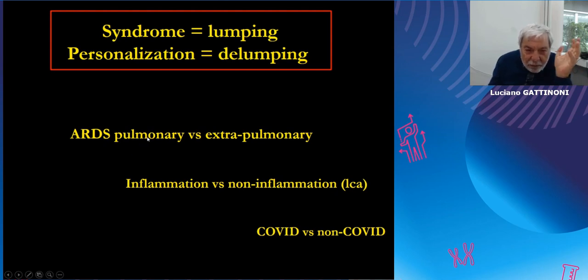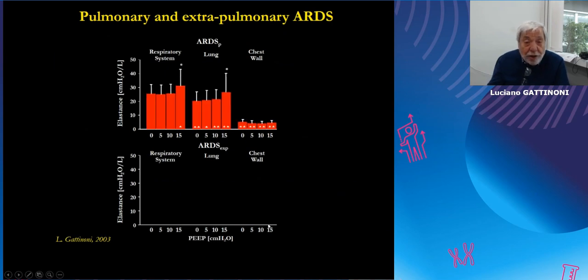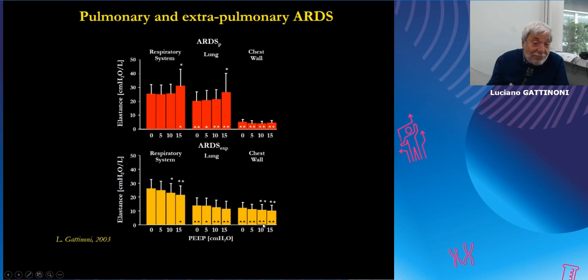We have at the beginning pulmonary versus extrapulmonary. Somebody says they are different, somebody says they are indifferent. You have meta-analysis, you may have whatever you want, but still you have the thinking that pulmonary may be different from extrapulmonary. Great discovery, pneumonia is different from peritonitis. Good. Then we have the latent class analysis, which is not very latent. Sometimes it is very manifest. And you have COVID versus not COVID, and pulmonary versus extrapulmonary. Of course, you may have a different compliance, a different chest wall compliance, different mechanisms behind.